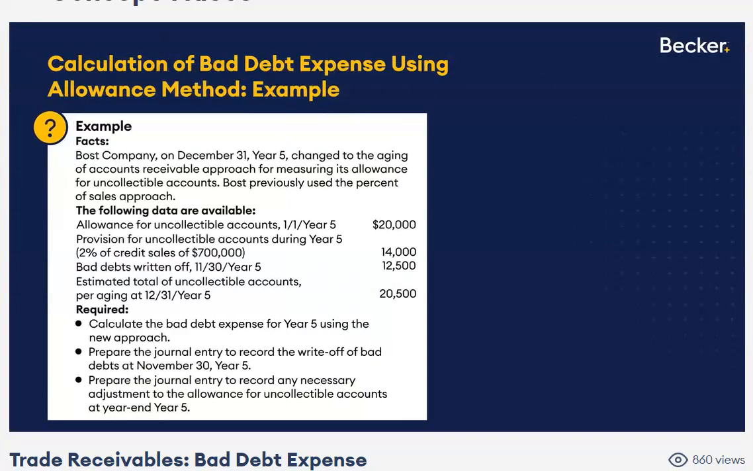Okay, why don't we do an example of a bad debt expense calculation. So we have Bost Company. Bost is making a change. They actually are going to aging accounts receivable. Previously, they had used the percentage of sales approach, which was one method that was used. And as I say, some companies may still use that in figuring their provision month by month, and then they would use a percentage of AR or a percentage of the aging approach to true that up